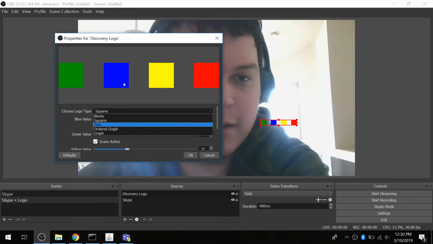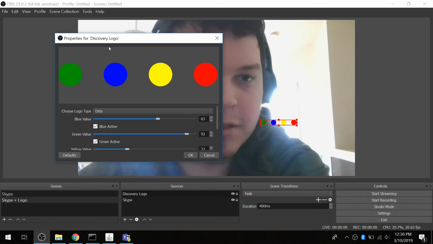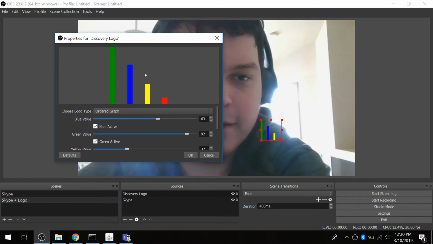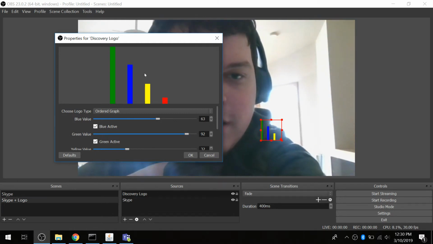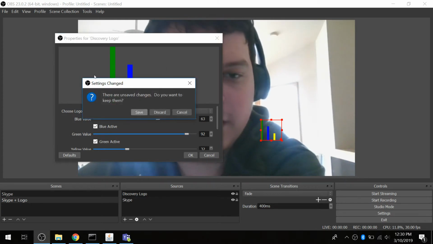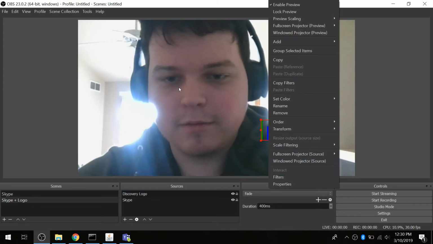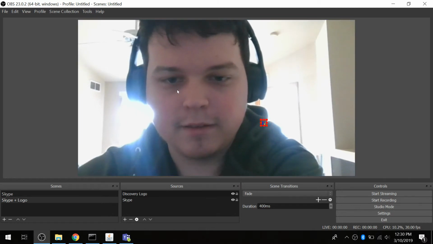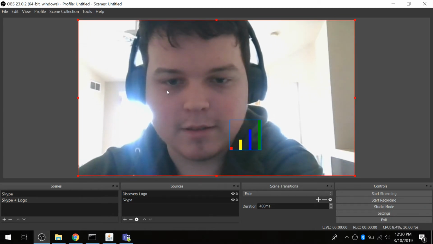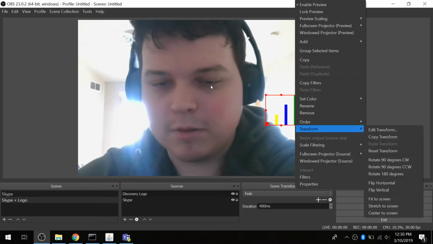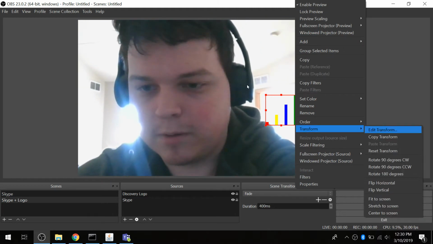Here we have dots, which is the same as squares, but they're just circles. Ordered graph. Now this is going to have descending order. If you wanted ascending order, that's easy enough to do on your own. You don't even need to right click this. You can just resize it the opposite way. And there, now it's ascending. And if you want to rotate it, it's easy enough to do as well. So if you want a horizontal graph, just transform